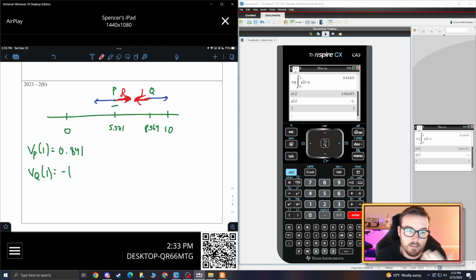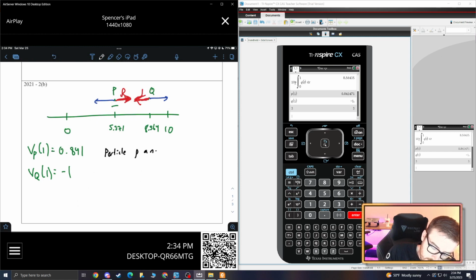It's also important to note that P is to the left of Q, right? So particle P is actually moving to the right. That's what it's doing. And particle Q is actually moving to the left. That's what it's doing. So they're coming at each other. But they wouldn't be coming at each other if particle P was over here, right? If particle P was over here and moving to the right, and particle Q was over here and still moving to the left, they'd be moving away from each other. So we need to tell our grader two things. We need to tell them the direction of the particles, but also where they're at. So we can say particles P and Q are moving towards one another